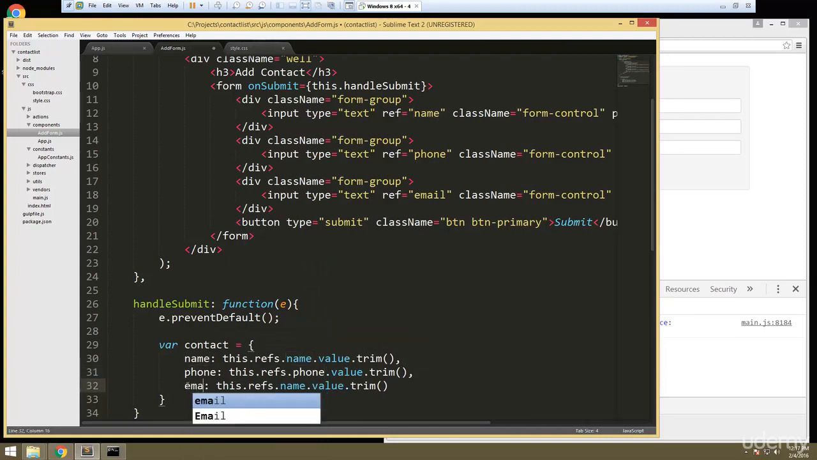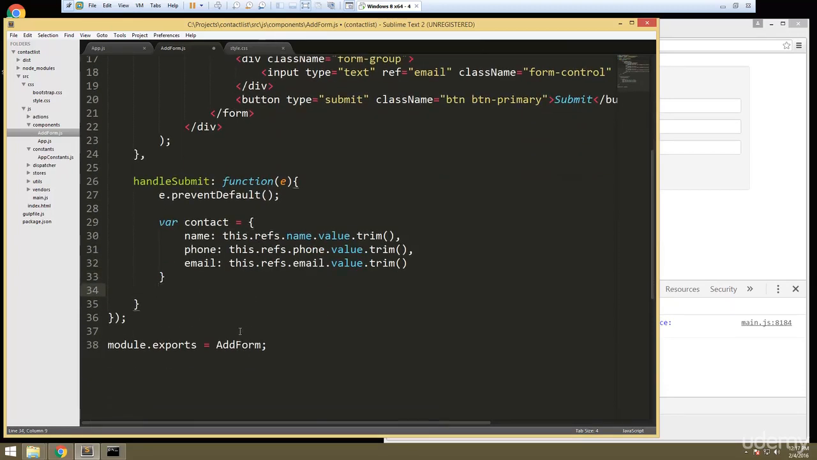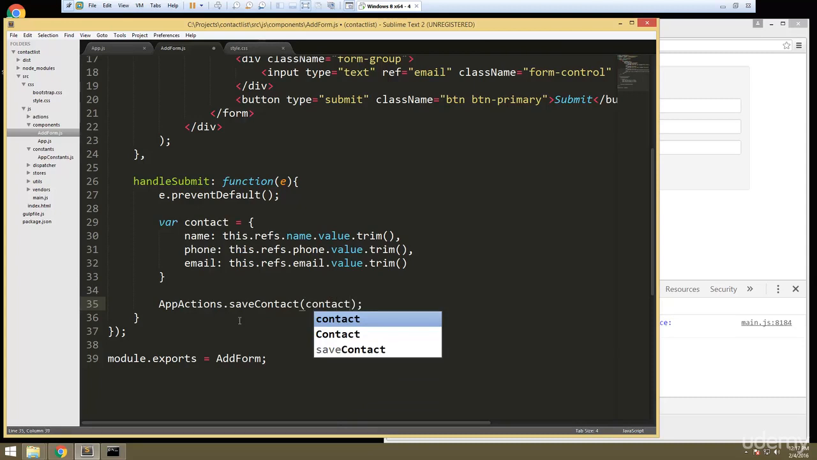Okay, this one will be email. Alright, and then what we're going to want to do after that is call an action. So for that we'll say appActions.saveContact, and we'll pass in contact. As you probably guessed, this is going to go in the actions file,